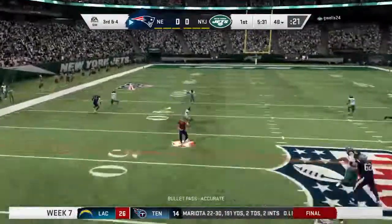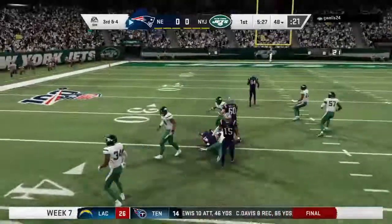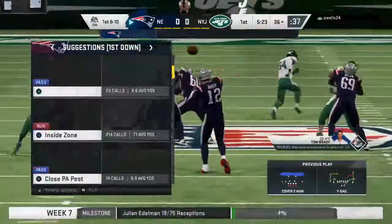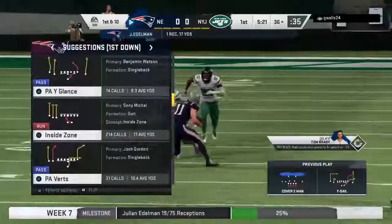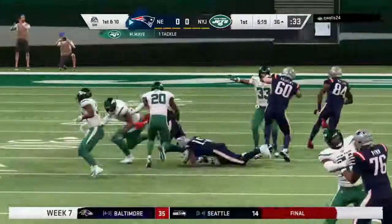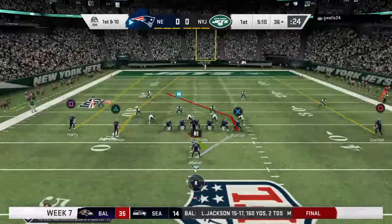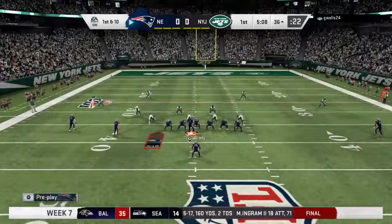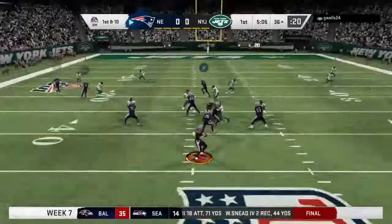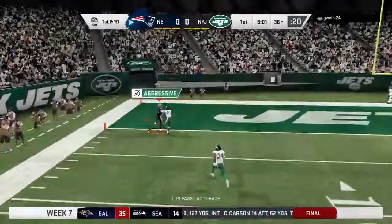From the gun, it's Brady. And he'll have his man. That's Edelman. And he is tackled inside the 40, not quite to the 35. The former 7th-round pick, Julian Edelman, just continues to have such a productive career. And has made himself into a receiver. Remember, he was a college quarterback, and not just a productive one, a very good one. At Kent State, right? Yes, a great leader, a guy who can make plays with his feet and his arm. Got to the NFL and had to convert into...